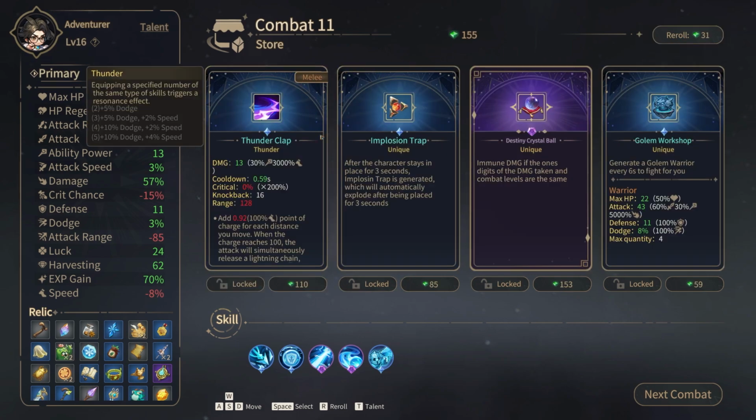Okay, what do we got here? We got a bunch of blues. Thunderclap, Implosion Trap. We're not doing that. Immune damage if the one's digit of the damage taken and combat level are the same. Well, my combat level is 16, so I don't think that this is possible. Oh, wait. If the one's digit of the damage taken and the combat level are the same, so if I'm taking 6, 16, 26, 36...